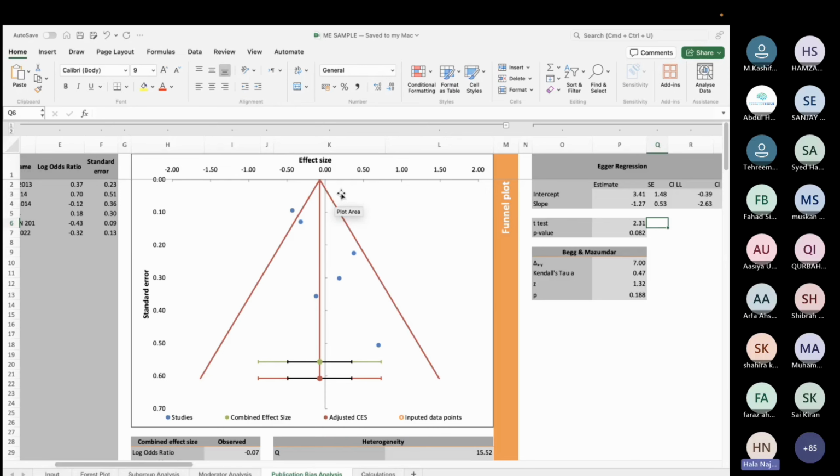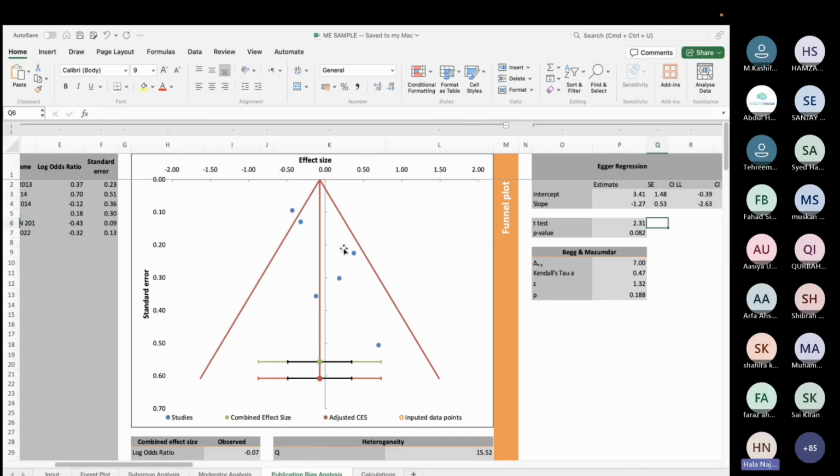Okay? First of all, you need a minimum of 10 studies to obtain a publication bias plot, which is called a funnel plot. ये उल्टा funnel है ना, so this is called a funnel plot. ठीक है? So इस funnel plot को देखते हैं to see if there's a publication bias or not. In my case, I'm just doing this to explain it to you, but in my manuscript I will write that I do not have 10 studies in my outcome, therefore publication bias could not be performed. You need a minimum of 10 studies, okay, to say is there publication bias or not.